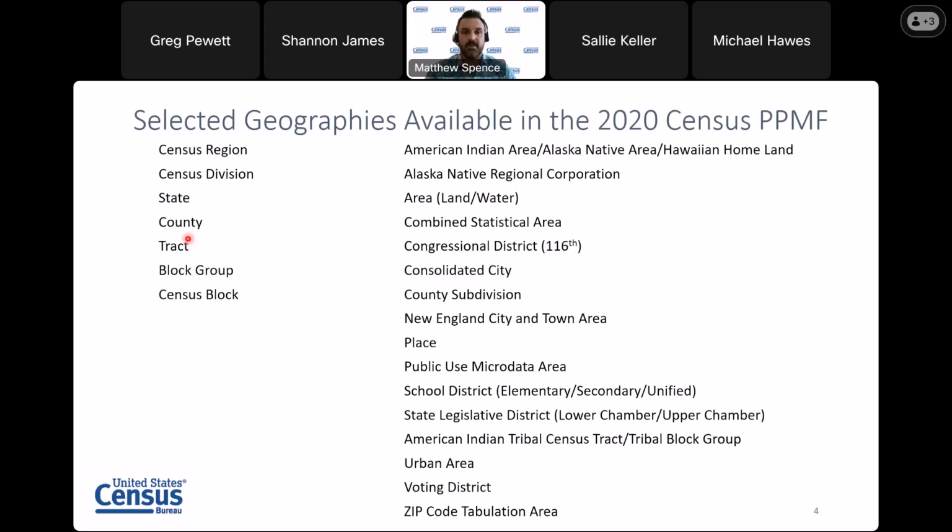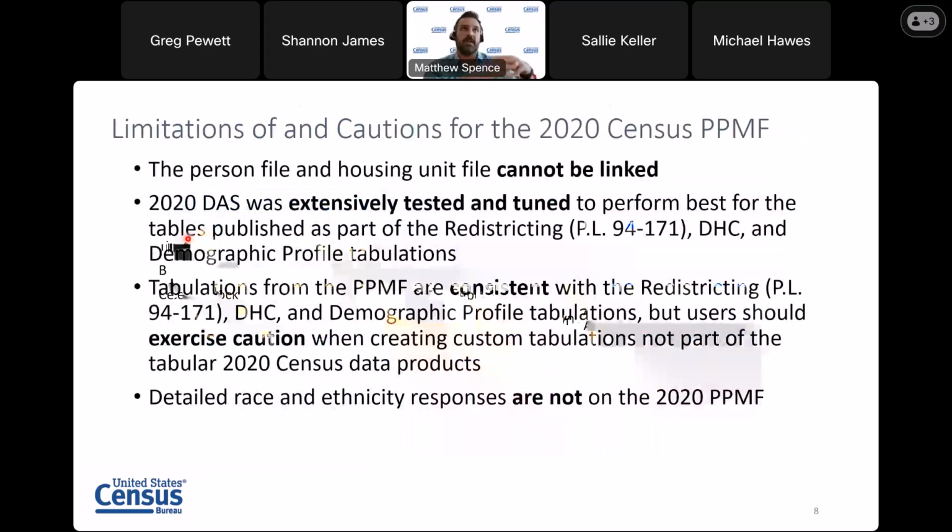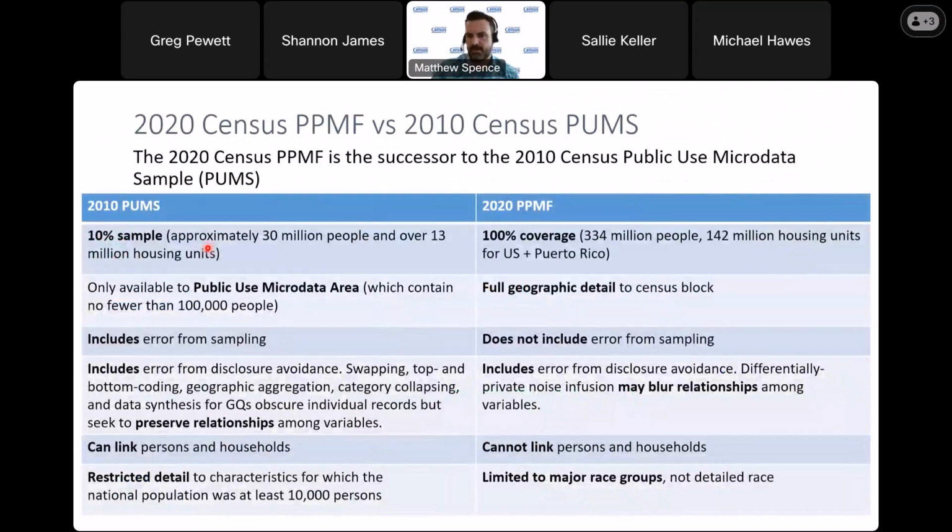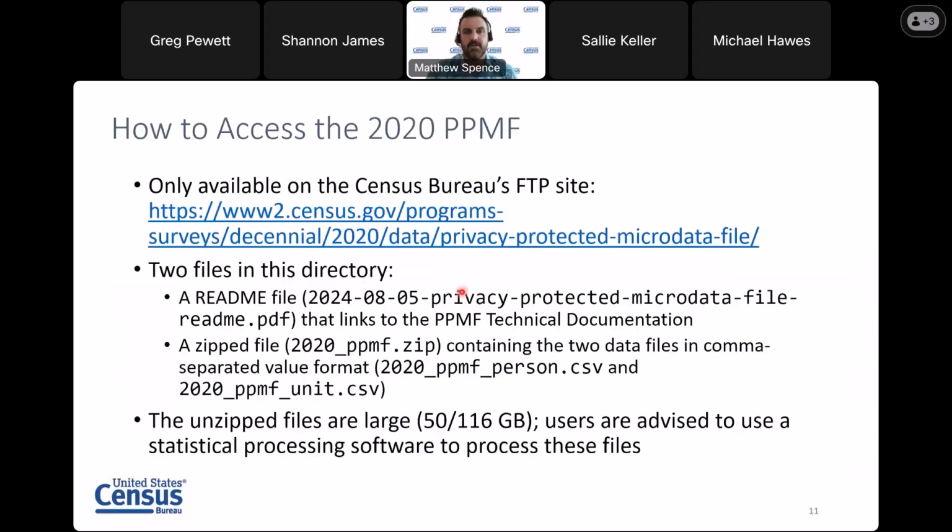Or another way of thinking about it is, if we have the county number published on data.census.gov, but you need tract level data, you can calculate all the tracts. Say there are 10 tracts in the county. Sum those 10 tracts up, and that will equal the county number. So that will match.